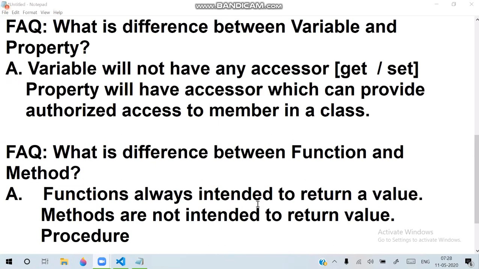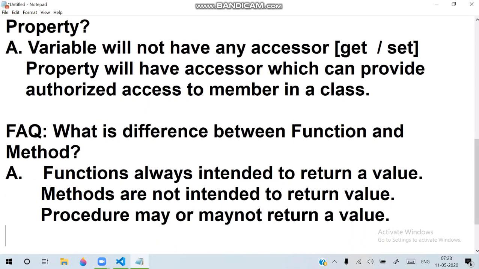No idea? Actually, technically, a procedure may or may not return a value. That means it depends on the situation. It can change its behavior. A procedure can act as a function. A procedure can act as a method. Suppose you have written